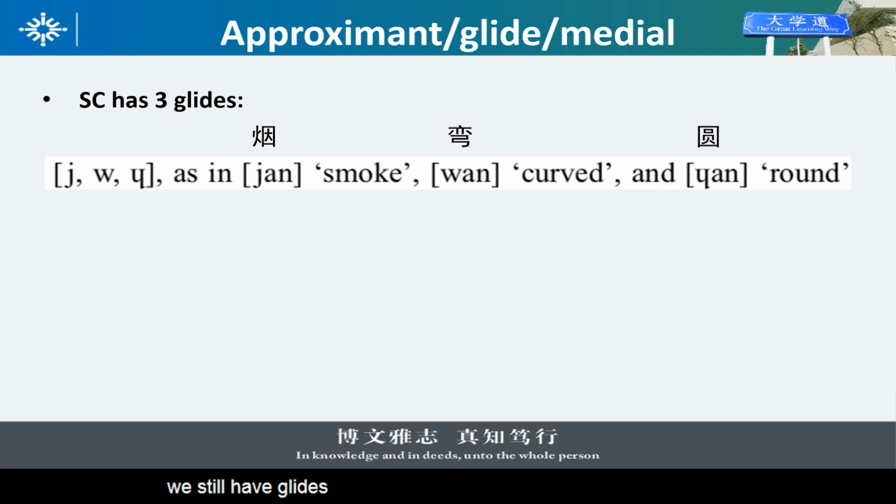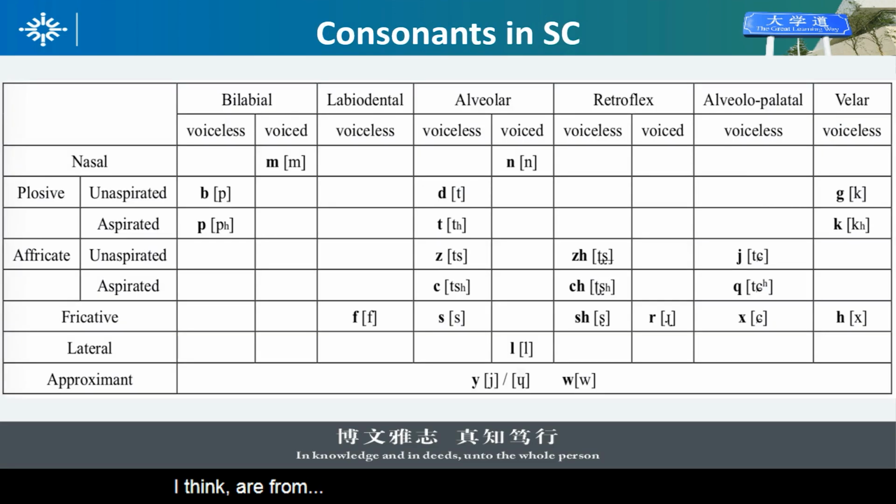Besides the basic consonants, we still have glides, as I mentioned. From the Chinese language perspective, glides belong to the approximants. Still remember what an approximant is? Approximant means there is some hindrance somewhere in your vocal tract, but it is not very strong. The channel you leave is comparatively not very narrow, in order to make a slight vibration when the airstream flows over, right?